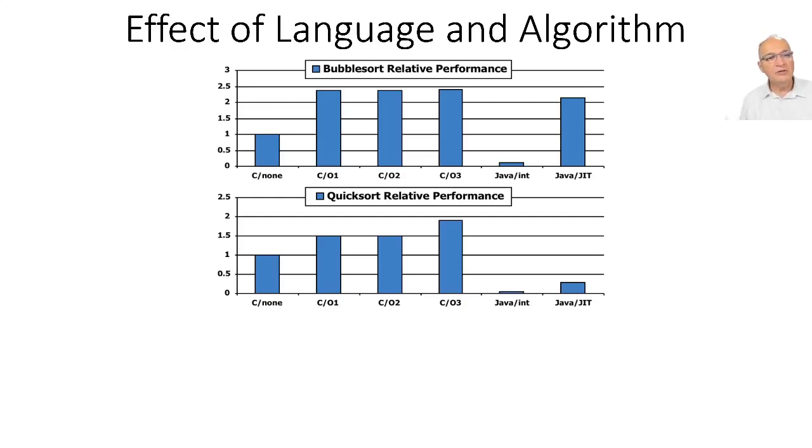And now, if I look at my Java interpreted, it got even worse than before because this is a more complex program. So probably the Java is close to 20 times slower than the C with no optimization. And then when I look at my Java with JIT for this more complex code, the Java with JIT is still about 4 times slower than the C with no optimizations.